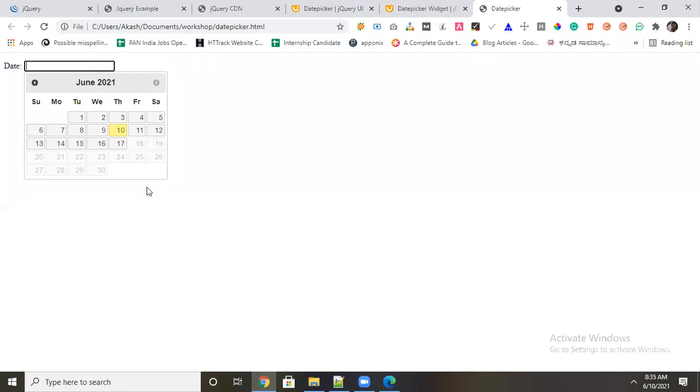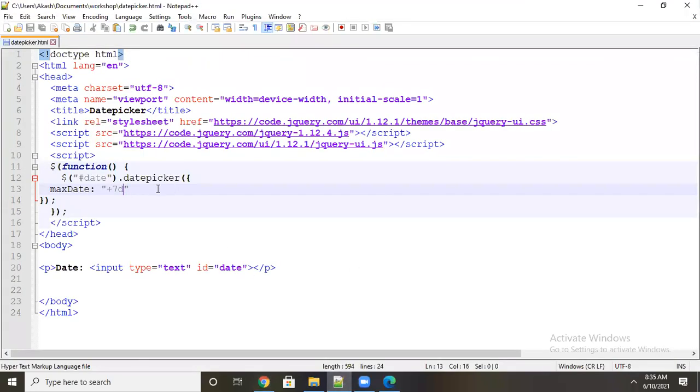What we can do here, because everyone will do the coding by copy paste, but customization is very important. Copy paste anybody can do, but as per requirement we have to change things. Now, minimum date: it should not allow past dates. What we have to do here is apply the minimum date property, separated by a comma, add it here, minimum date.